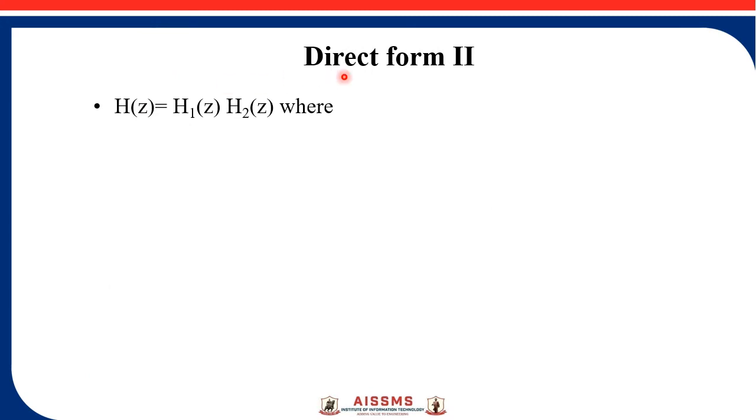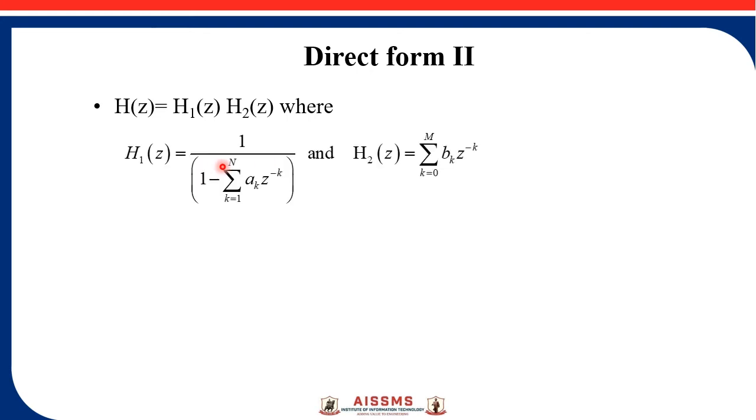Now in direct form 2 structure, since the systems are linear, the order of H1(z) and H2(z) can be interchanged. In direct form 2, the poles of H(z) are realized first and the zeros second. Previously in direct form 1, the zeros were realized first and then the poles. But now we can interchange as the systems are linear.